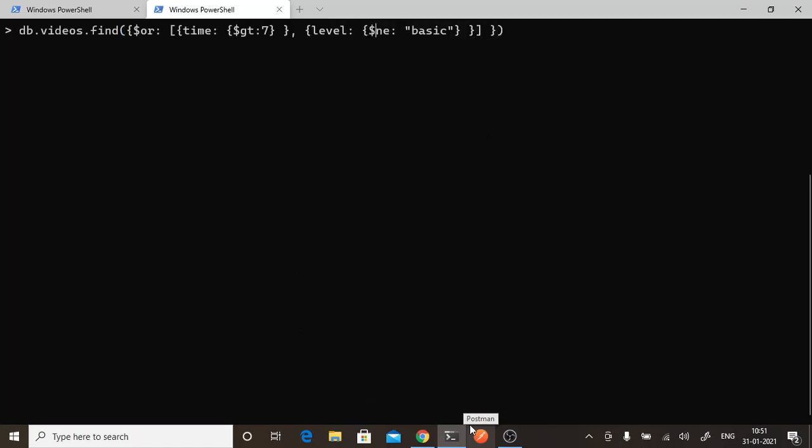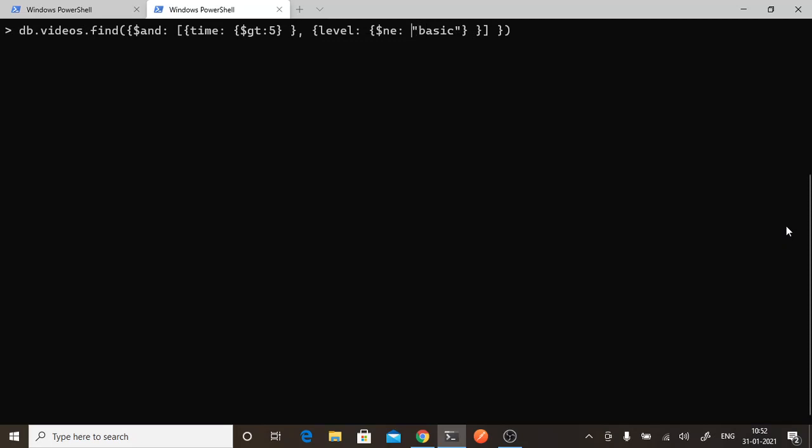Then again, you have the case where both the conditions should be met. If both conditions have to be met, I want records which have time greater than 7 and the same record should have level not equal to basic. For example, let's change this condition. I want the records where time is between 5 and 10. So I will say time is greater than 5, I want between 5 and 7.